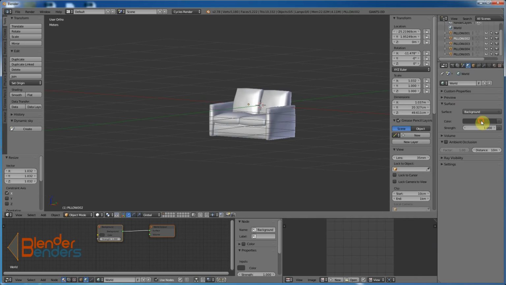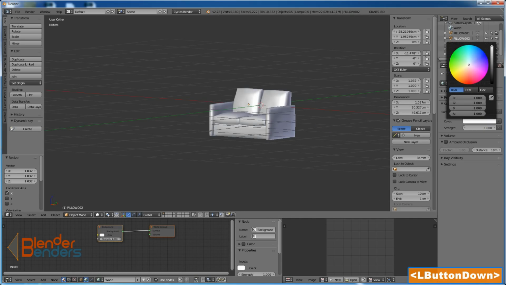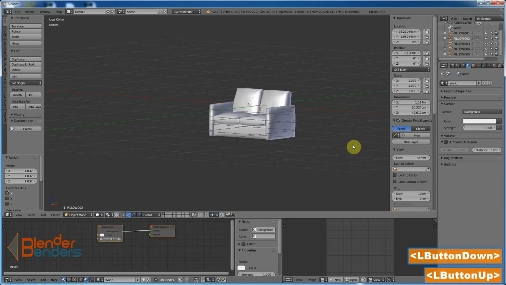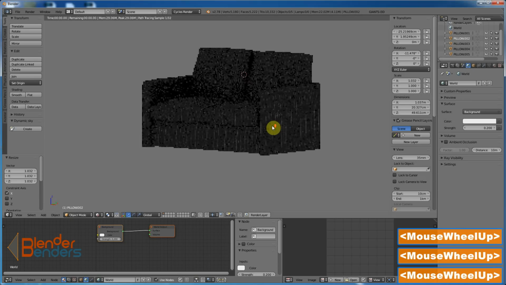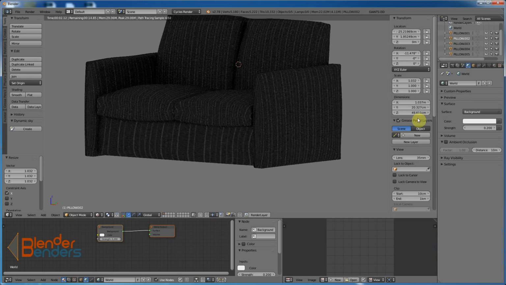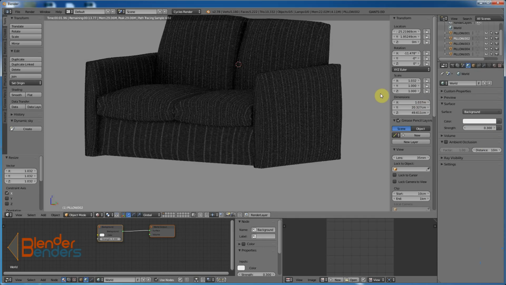Right, okay, so the world. Colour, we want more white. And from memory, our strength was a lot lower, about 0.2 or 0.3 or somewhere like that. Let's try 0.2. Let's render this. Okay, so we've got some ambient light around. Let's try that at 0.3. Yep, that's looking a little better for me. Our unwraps are all there. We're going to have to redo the unwraps, but it's how we would expect it. Okay,